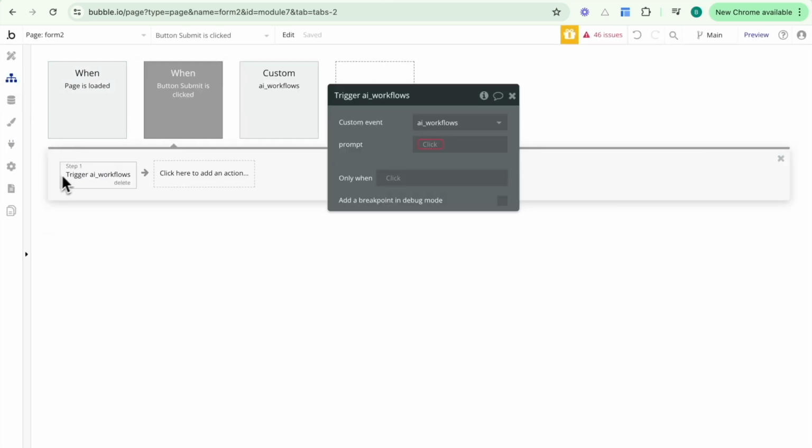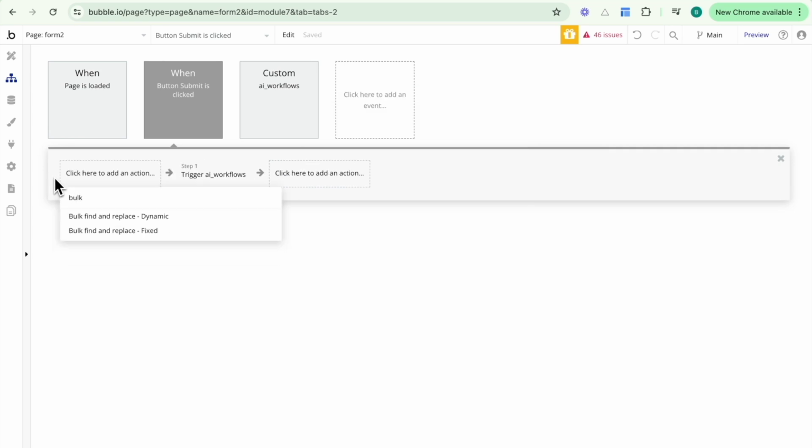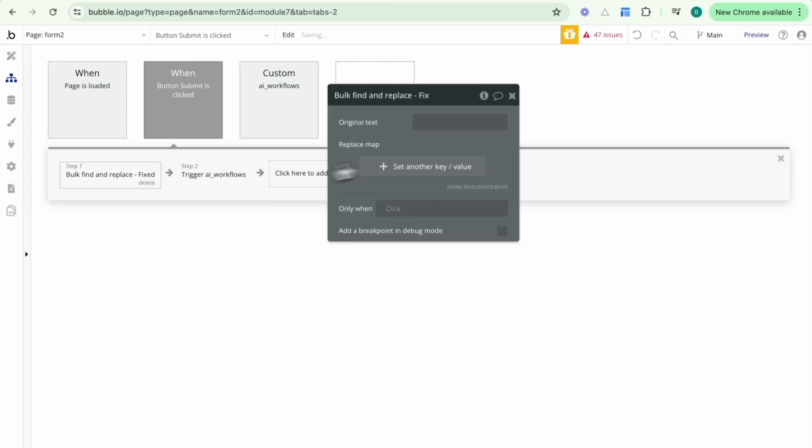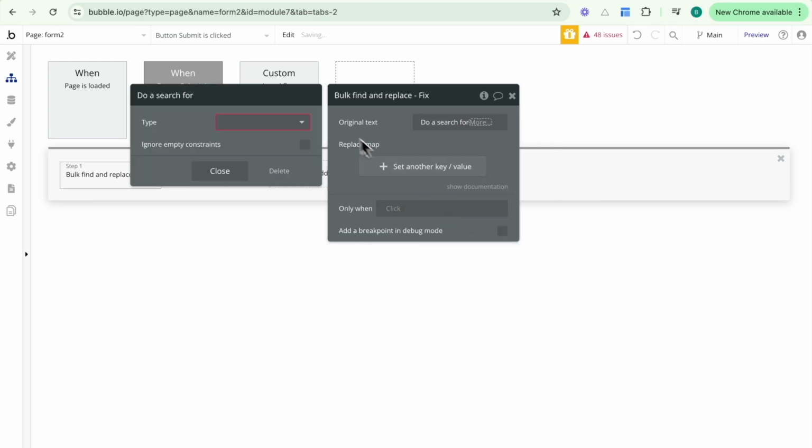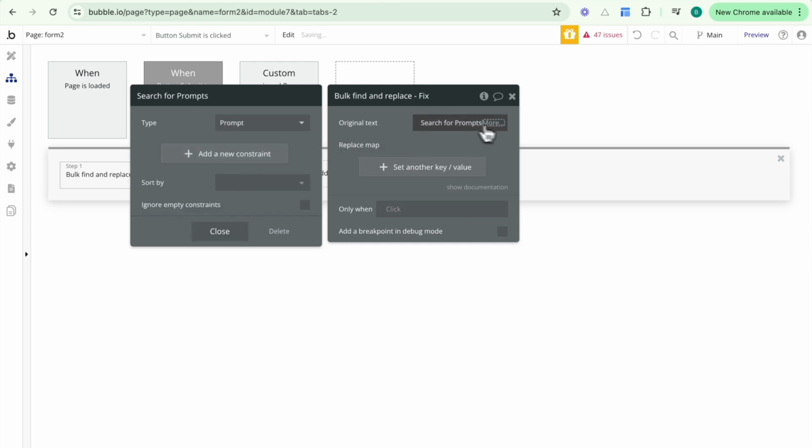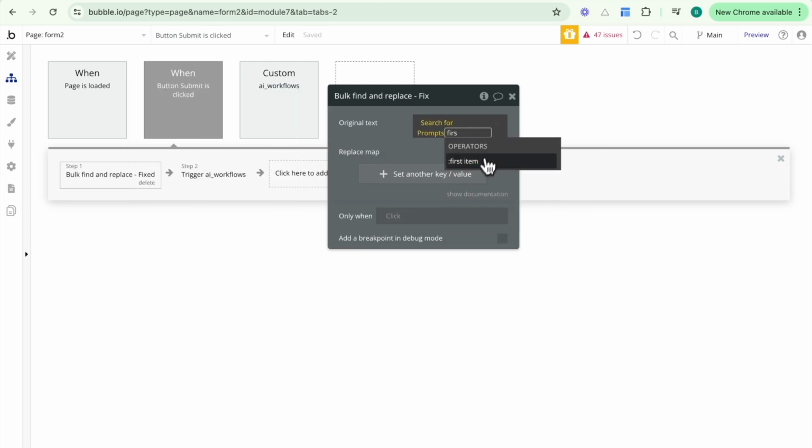What we can do with that plugin is we have this option of bulk find and replace fixed. And what we do is we put in our original text, which will be a search for prompt first item,